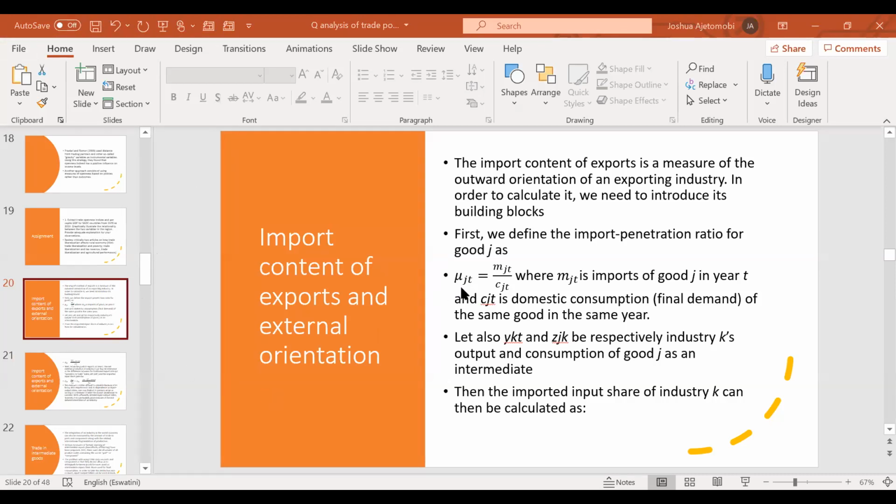MJT is import of good J in year T, and CJT is domestic consumption of the same good in the same year. Let YKT and ZJKT be the industry's output and consumption. Then the imported input share of industry K can be calculated